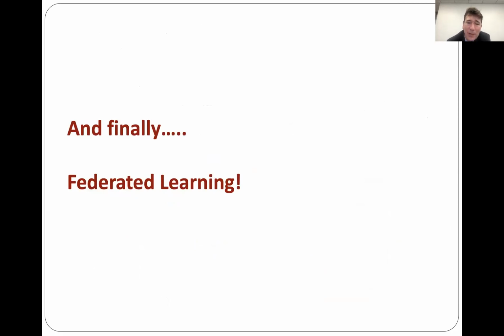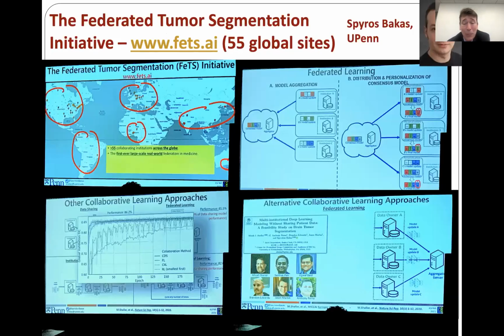There's also another way to do machine learning on multi-site data, federated learning. So there's whole MICCAI workshops on this. One really beautiful example by Spiros Bakas, the FETS initiative, and there's even a challenge at MICCAI on this, involves 55 collaborating sites across the globe that are trying to do brain tumor segmentation. And they, rather than send data around, send models to each site. And depending on the topology of learning, these can either cycle around the sites or have iterative exchange of coefficients with a central controller. And this has been a really superb way of learning from all of the available data,